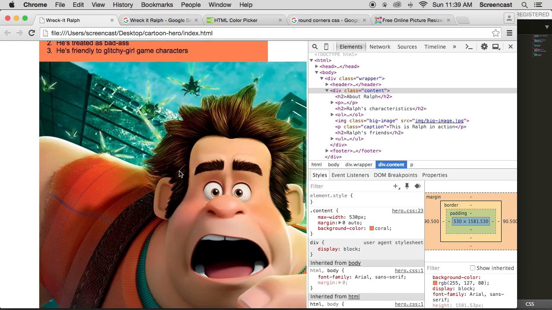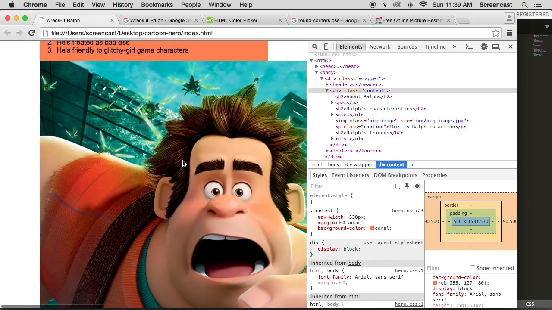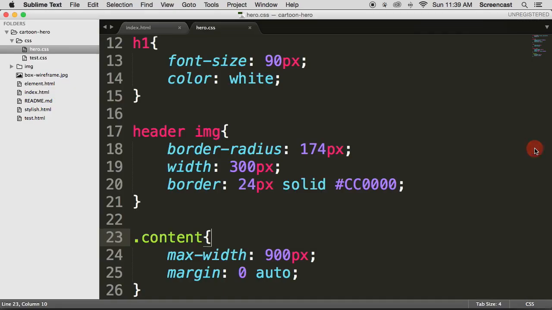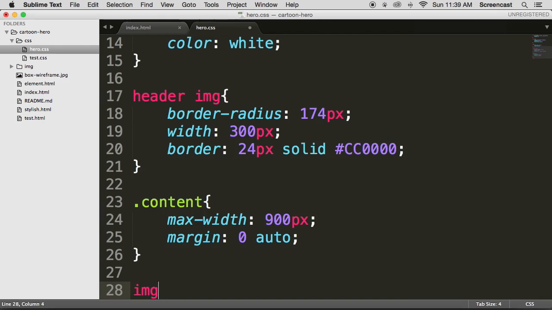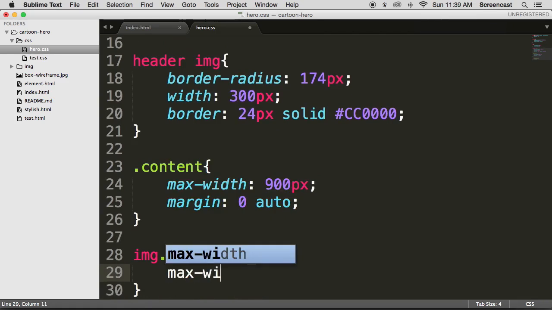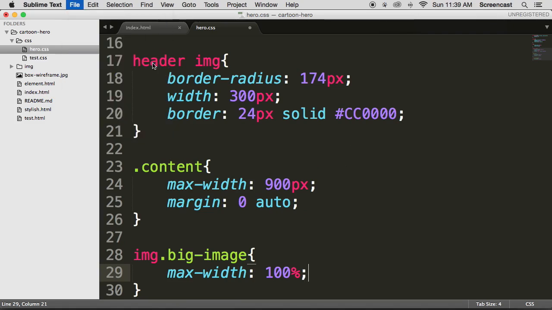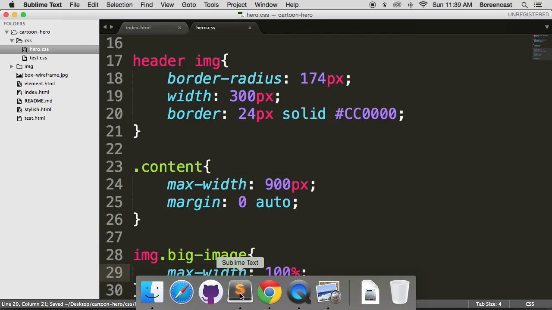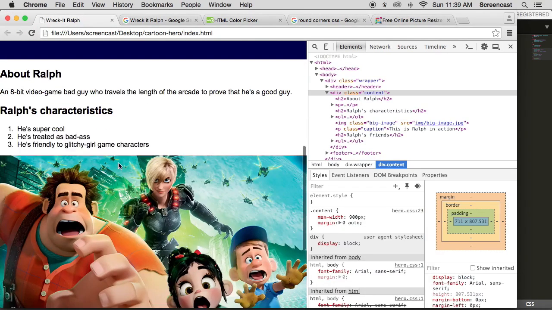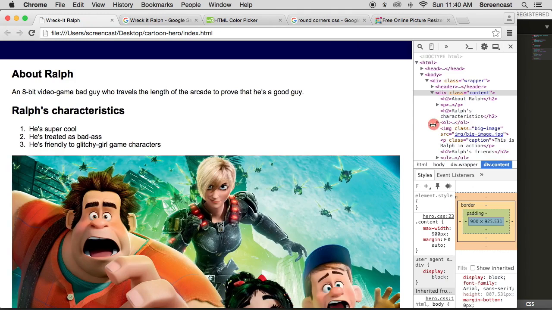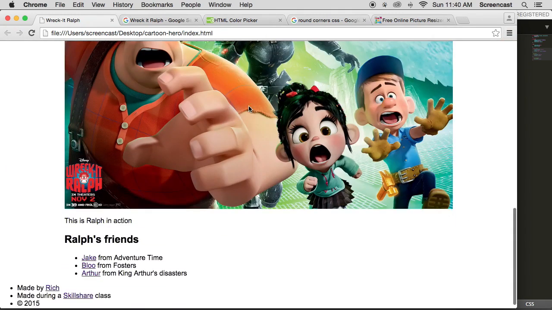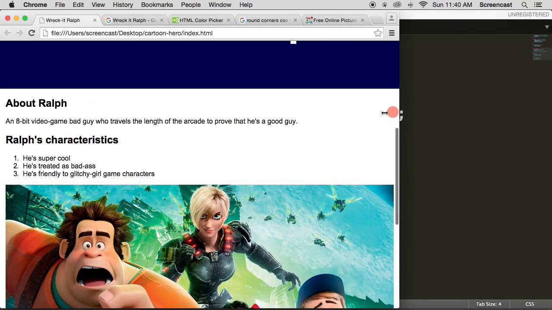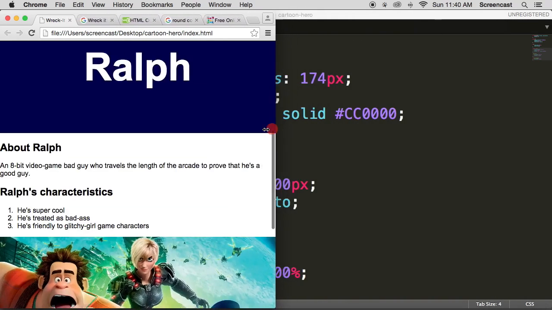Okay, but now this image is just, it's doing some crazy stuff. So what I want to do here is I want to set the big image, dot big image, and I want to say max width is 100%. So I'm not giving it an absolute value. Let's see what happens here. I don't want to buy it just yet, thank you. Refresh. And you start to see that, hey, it's sitting at a percentage. So if you resize your browser, it actually scales it for you, which is great for